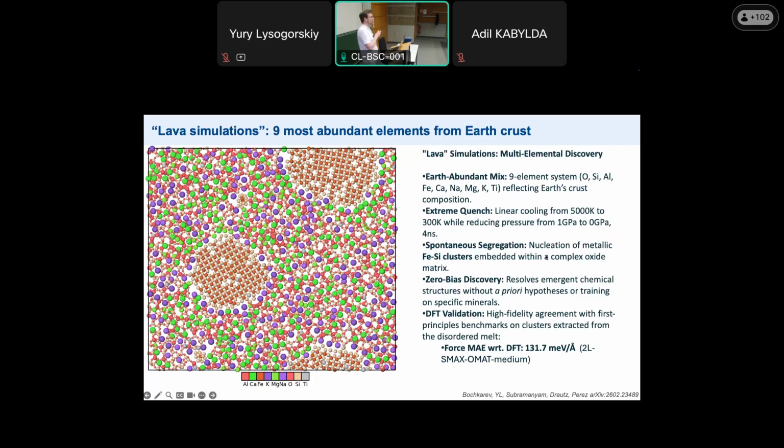Once we take this, we take some random subsets, like clusters from this, just to validate the model. So we randomly crop some cylinders out of this slab, we compute with DFT, and we get quite a nice error, like 100 milli-eV per angstrom. This is quite low when you have oxygen, actually. And so we prove that the model behaves correctly, even in these complex simulation conditions.